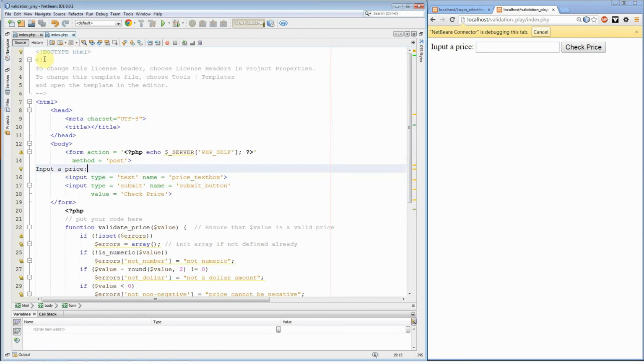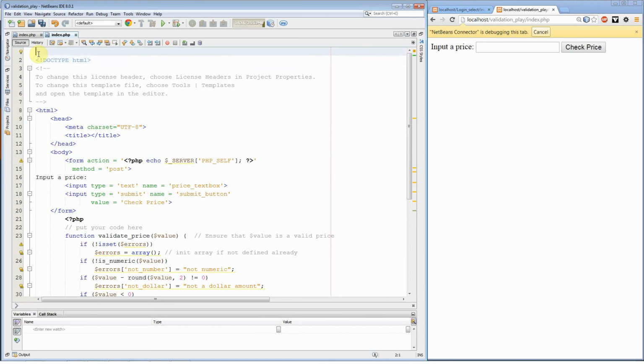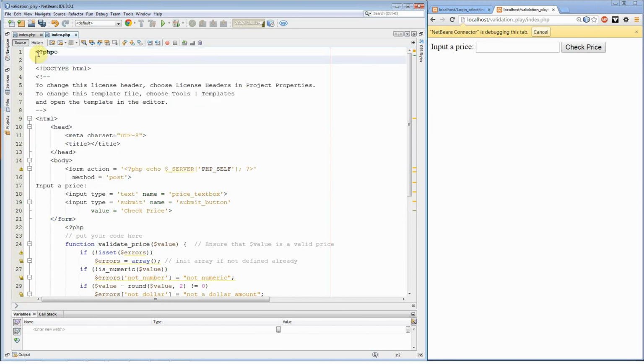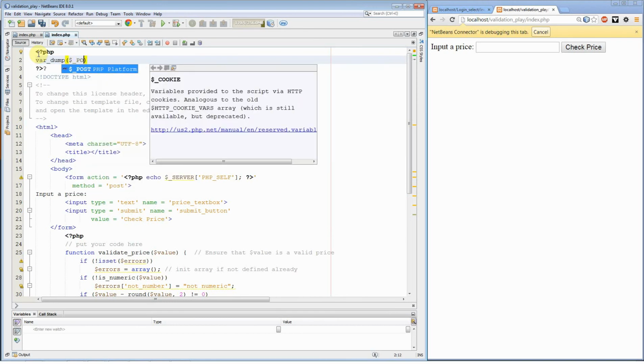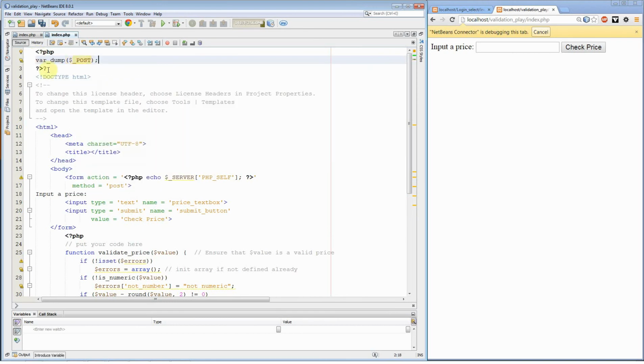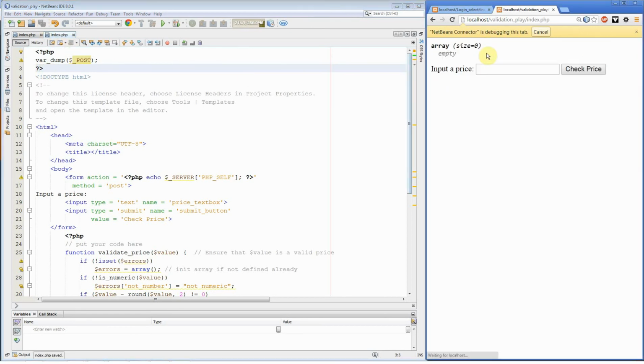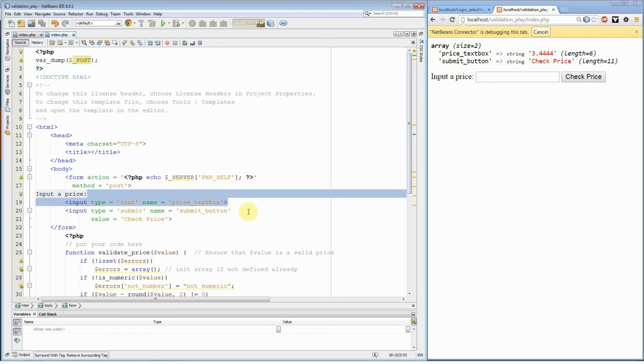I'm going to probably want to put my PHP var_dump $_POST there so I can see what's in there. Save that like so, and then I'll put one in there, and you can see check price. Now you see price text box has what I entered, submit price, check price. That's fine. So now what I want to do is